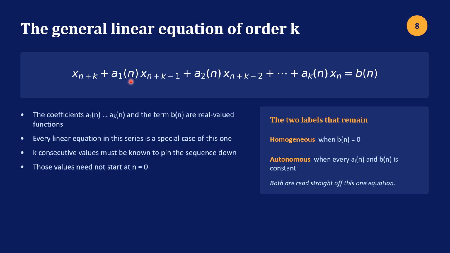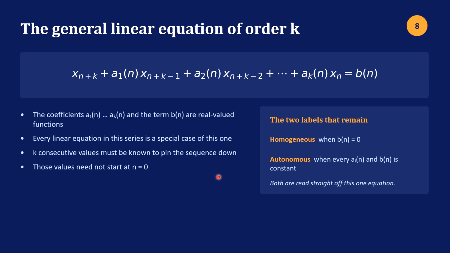And then these coefficients, a1, a2, up to ak, if they're not constant, then you're not autonomous. And if they're all constant, then you're autonomous. In fact, if any one of these is not a constant, then you would be classified as